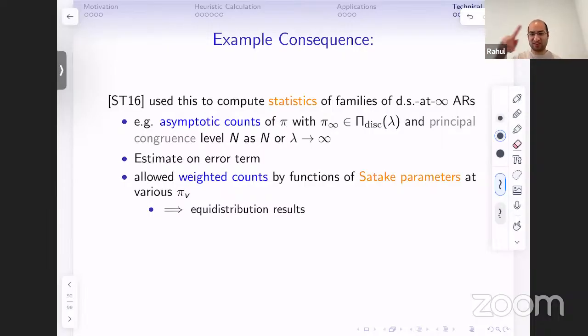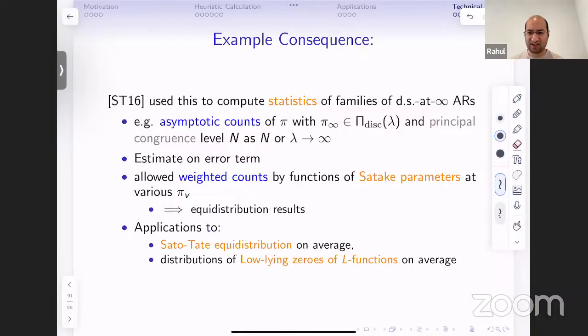Because you can pick this weight arbitrarily, you can now talk about equidistribution results of this parameter inside this family. Some good applications are here. This was able to prove a Sato-Tate equidistribution law, not for a particular automorphic representation, but an average Sato-Tate equidistribution law over all automorphic representations